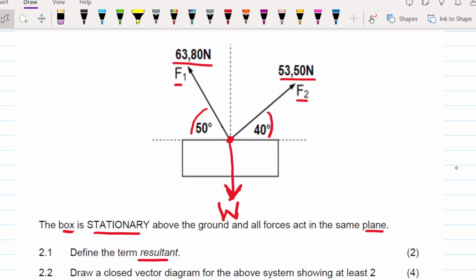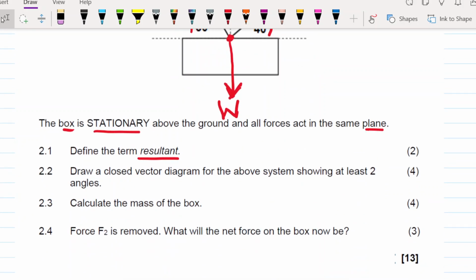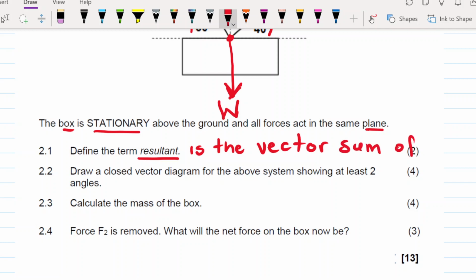Define the term resultant. Now we know that a resultant is the vector sum. A resultant is the vector sum of two or more vectors. So let me write that statement in an answer book. So we say